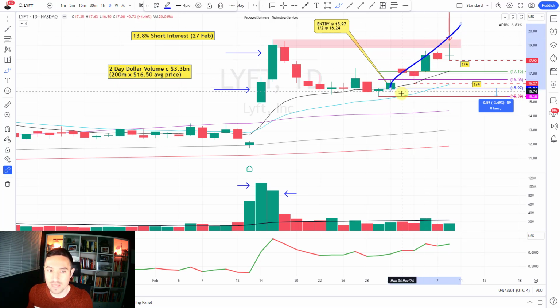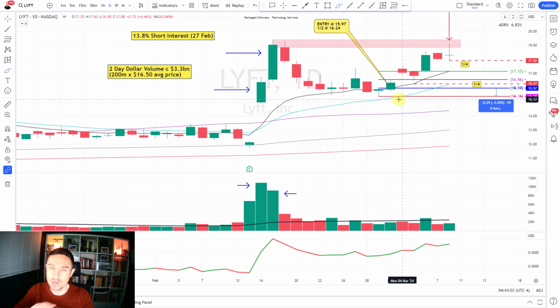Okay, I just want to see it do that. If it starts undercutting the low of this shakeout demand tail, I'm wrong on the trade. I'm just going to get out. So the amount of risk that I'm willing to take to find out whether I'm right or wrong is